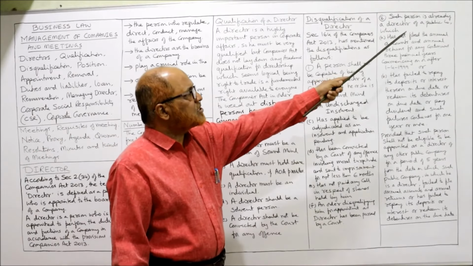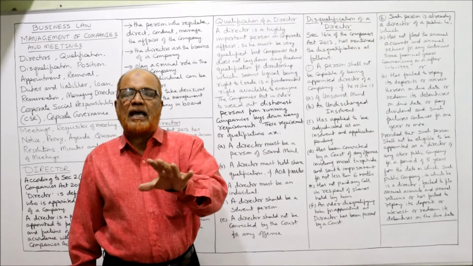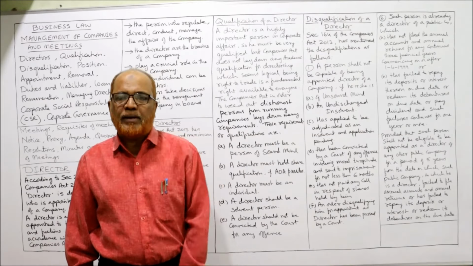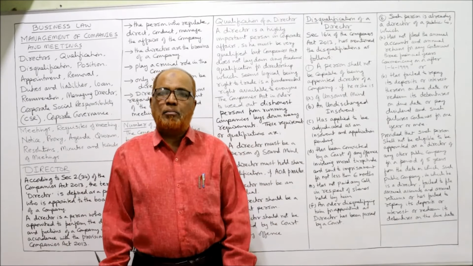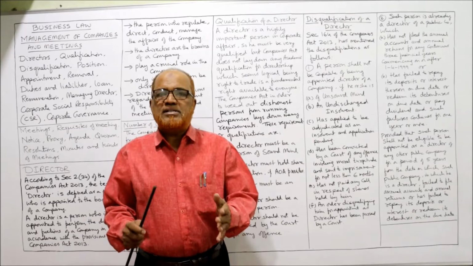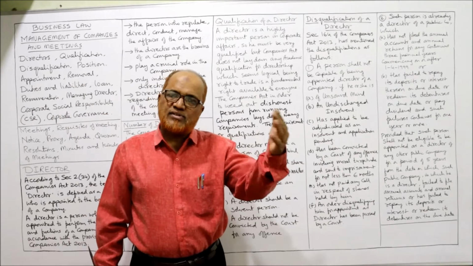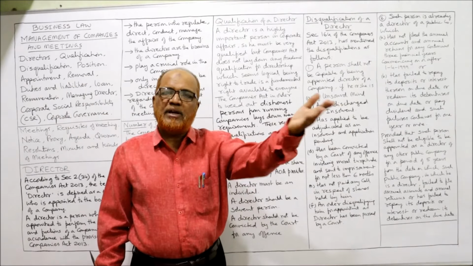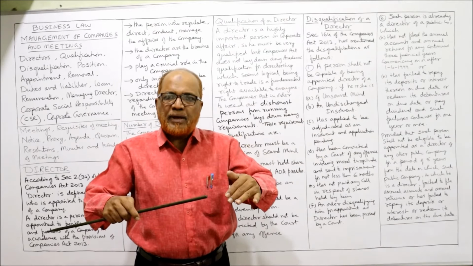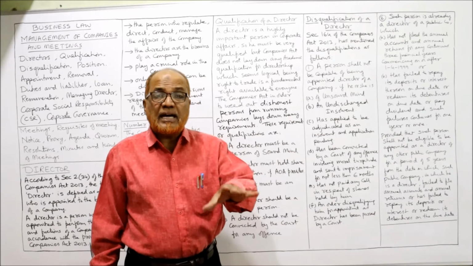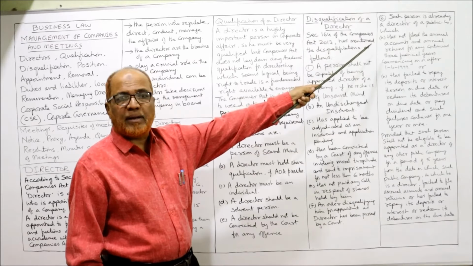Next one is, such person is already a director of a public company which... It is not necessary that a person can be a director of only one company. A person can be a director of more than one company. For example, Mr. X is already a director of ABC company, already a director of CDE company, already a director of PQR company. So different companies are there. So a person can be a director in multiple companies. But in that case, what will happen? Now see here. Such person is already a director of a public company which